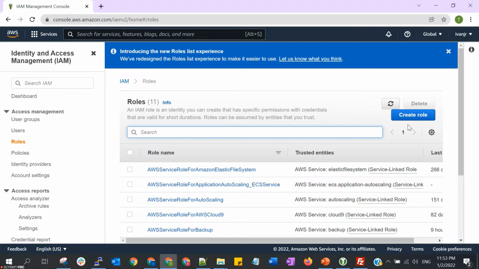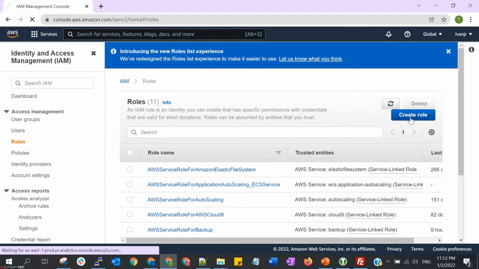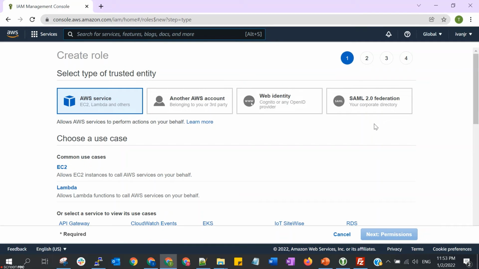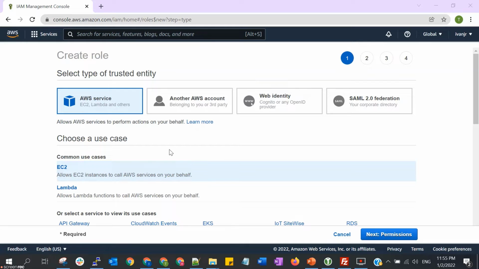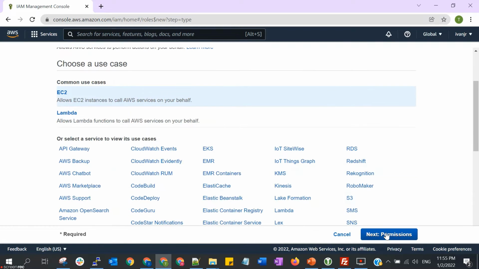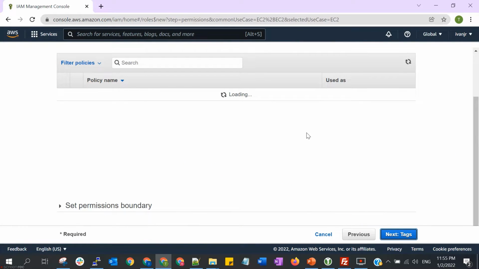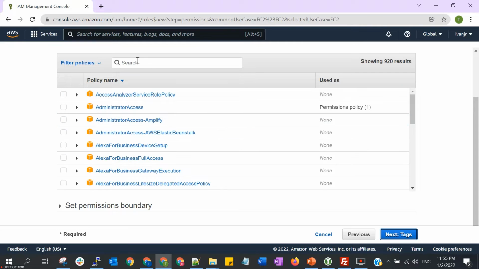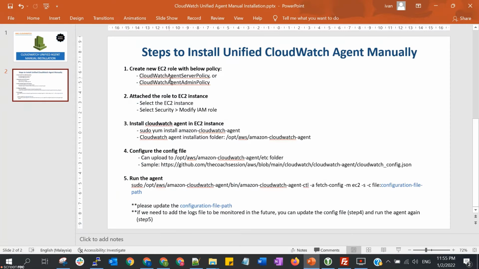Okay, in this screen select EC2 and then next. And you can search for this policy. I will put all this in the description later.